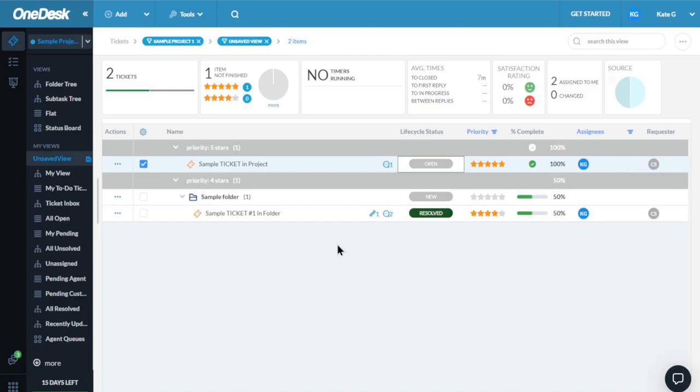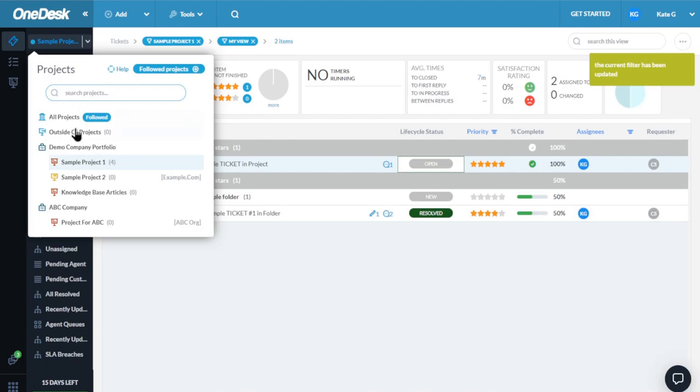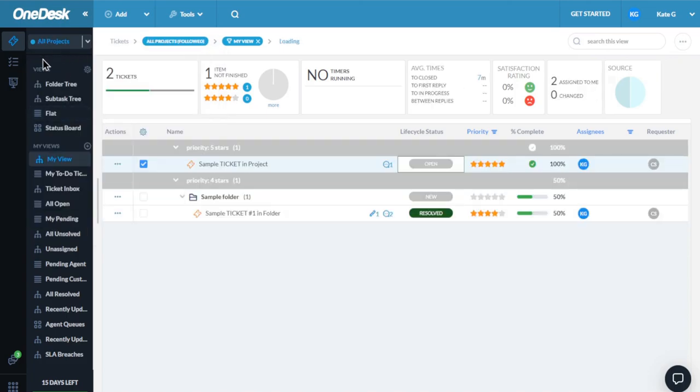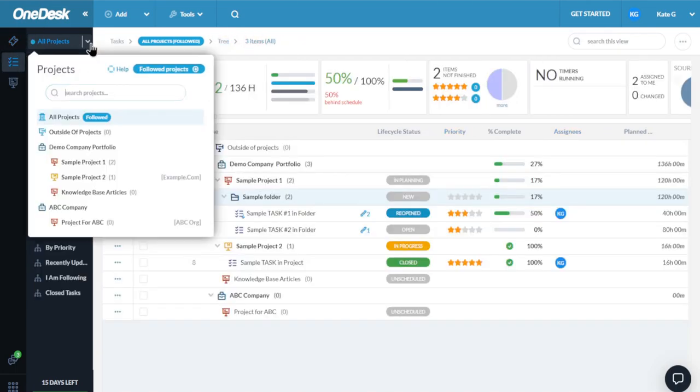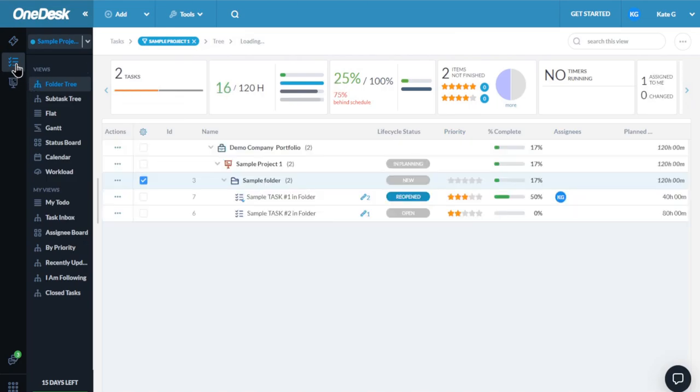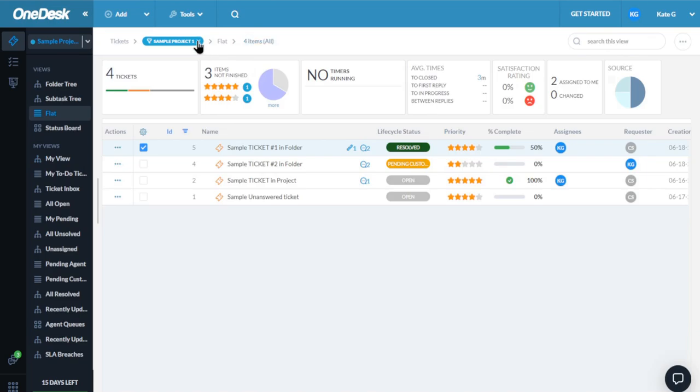There is also the project level selection. This enables you to select the scope of one project or portfolio at a time. The project scope works independently and on top of your custom views. It also follows you as you go through other applications. Finally, please note that the view you're looking at is always reflected in the breadcrumbs up above. You can easily clear filters or selections this way.